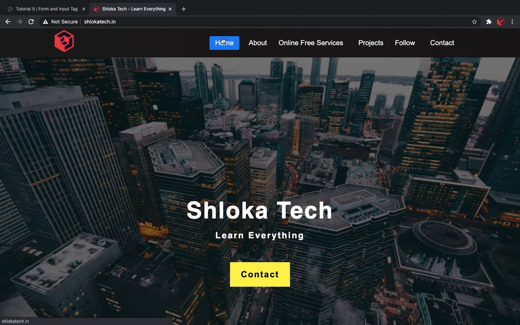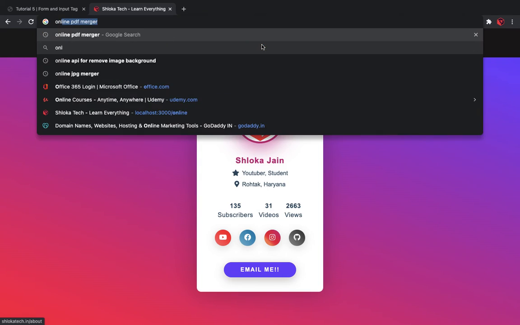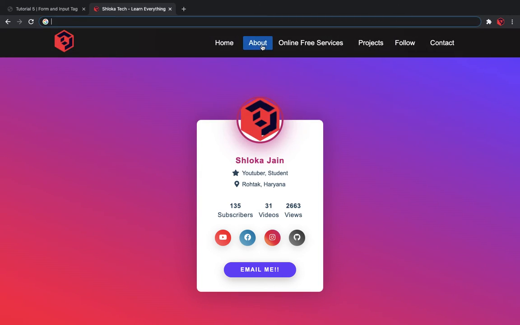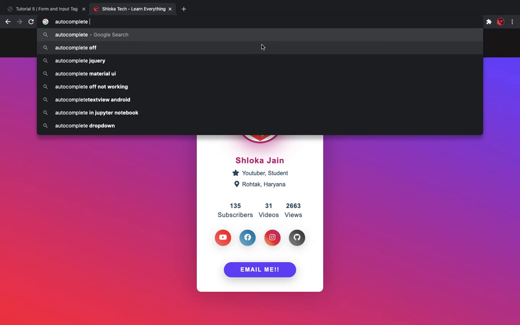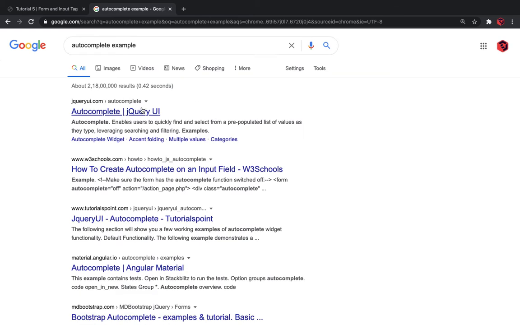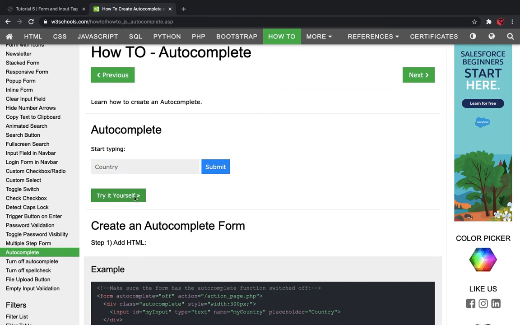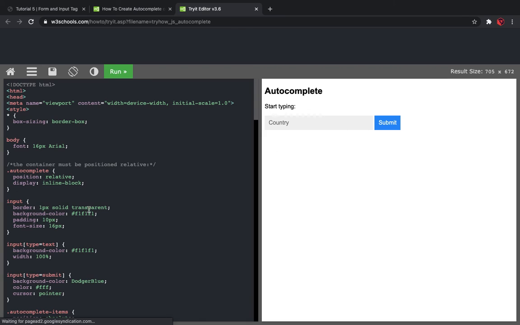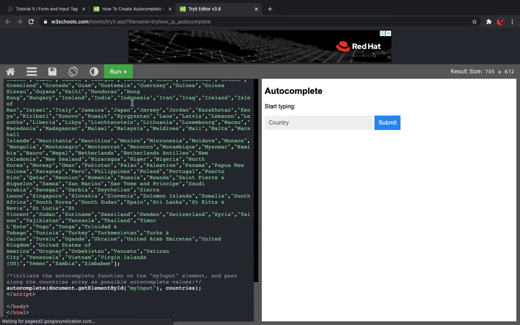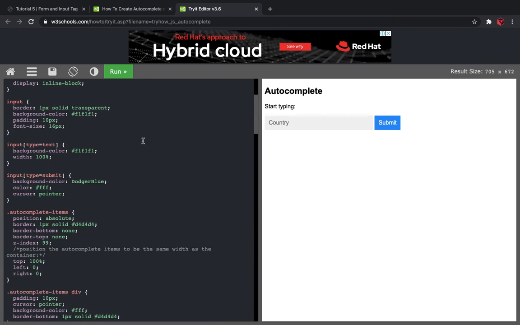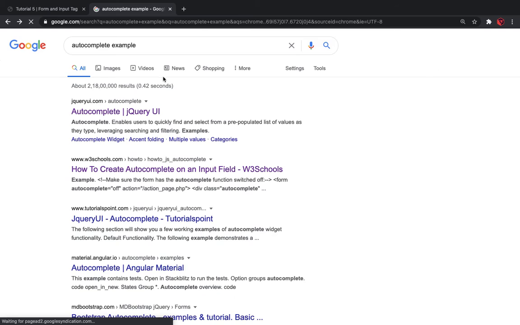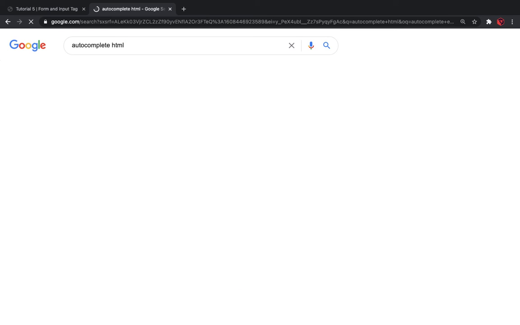Here you will see autocomplete. Autocomplete HTML.